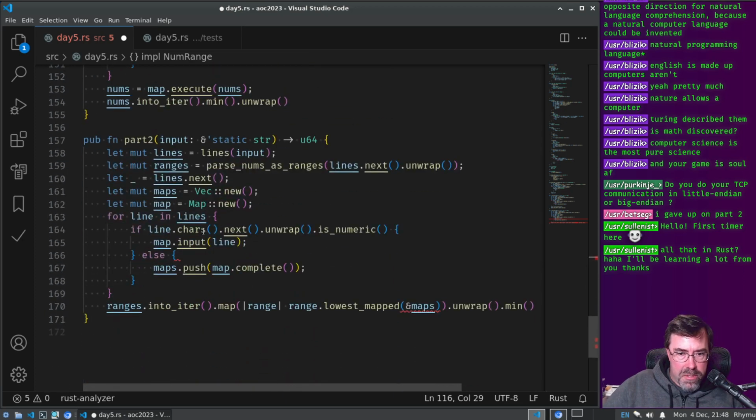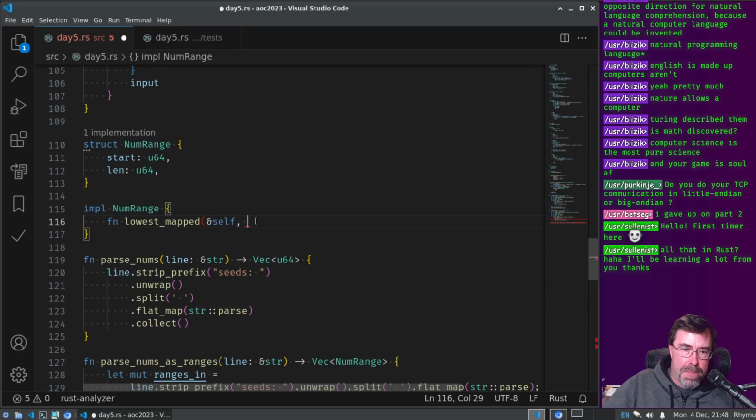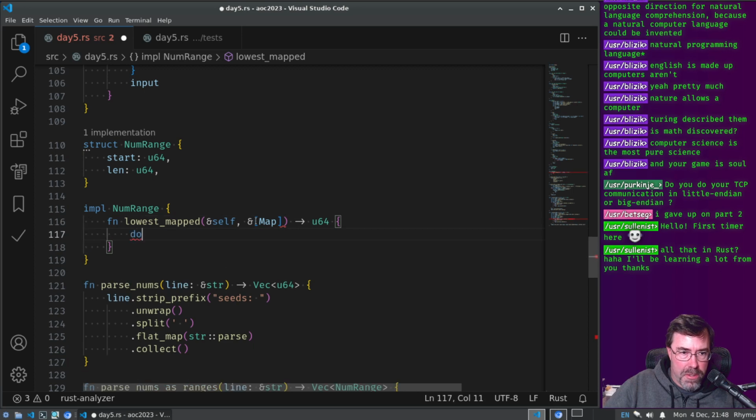It also gets the maps, which is a vector of map. So we're really just getting a slice of map. And then we're yielding the lowest mapped answer, right? We need a name for that. Maps.